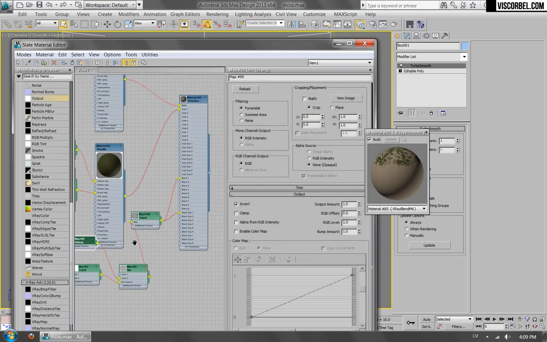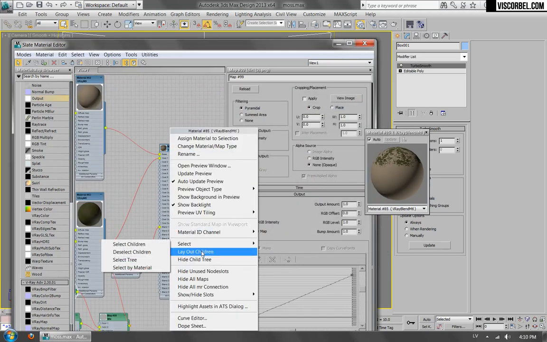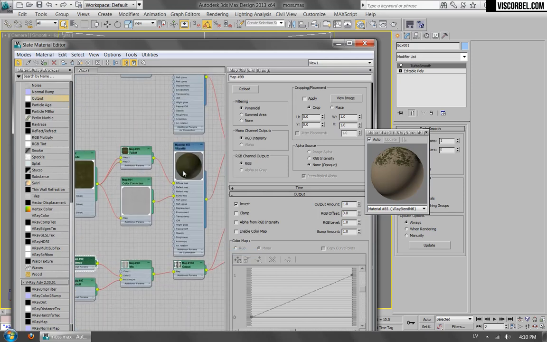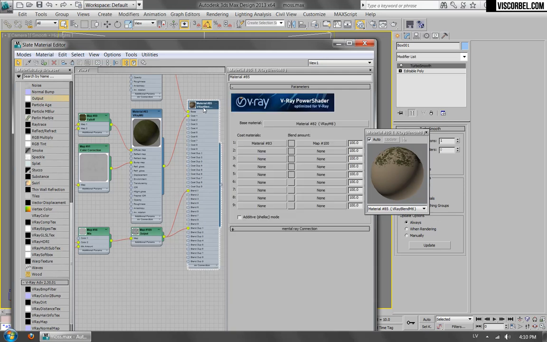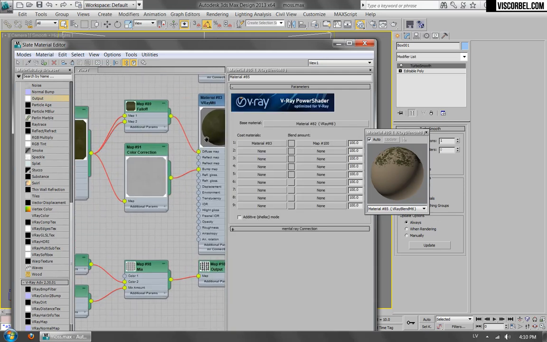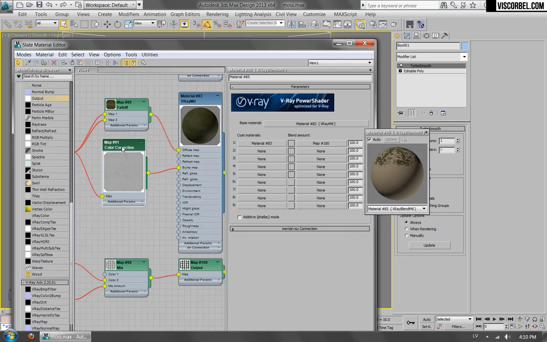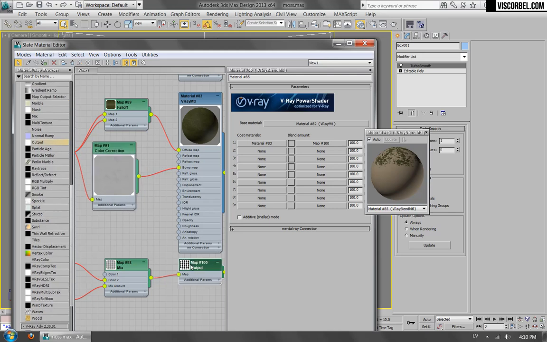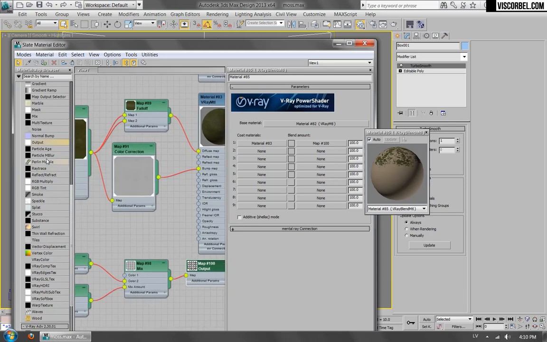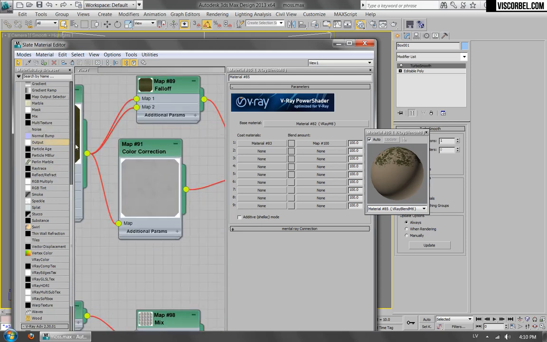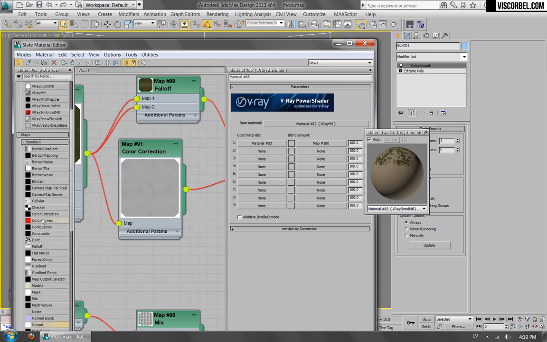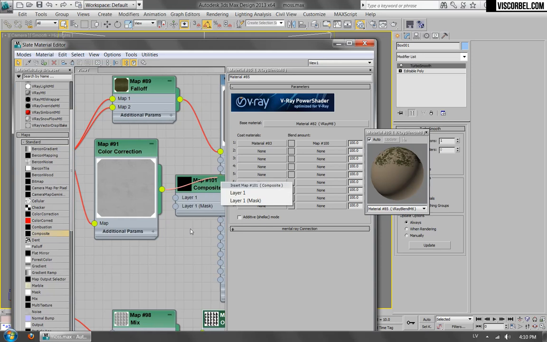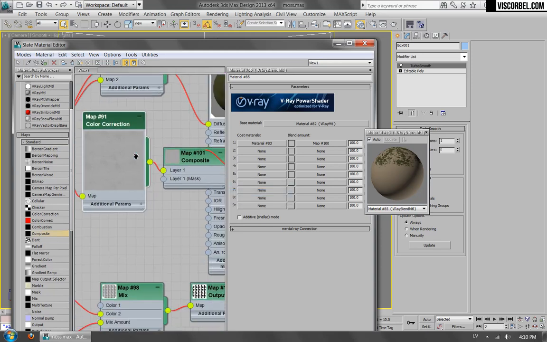The only thing left to do is bumping up that moss layer using the same mask we're using for the blend. So for now we are using this map in the bump slot. We want to add these white areas from this mask, so we have to use a composite map here. And it's really simple. You just create a composite, use this as layer 1,